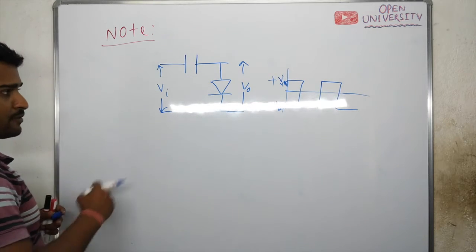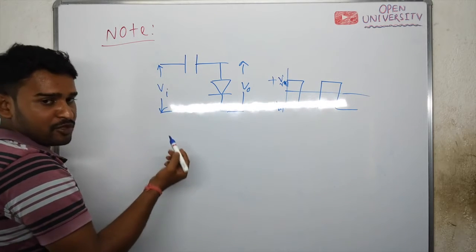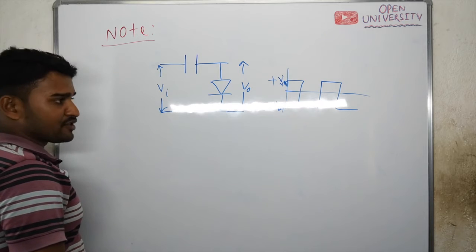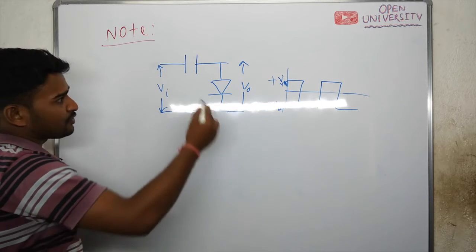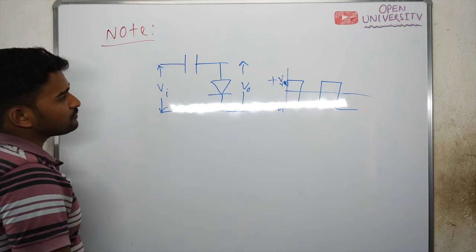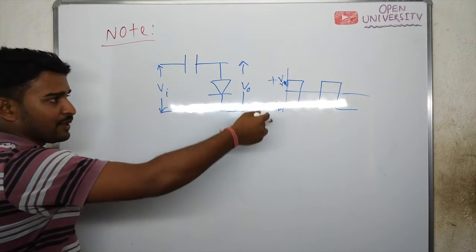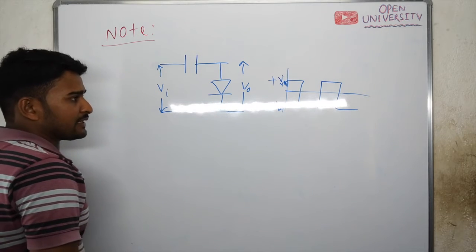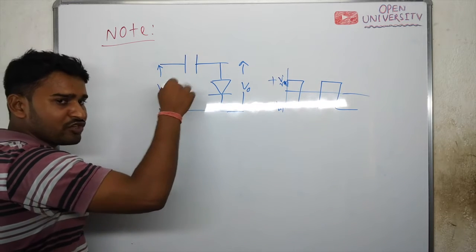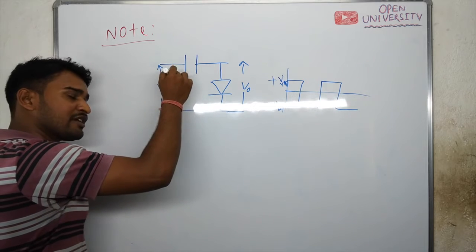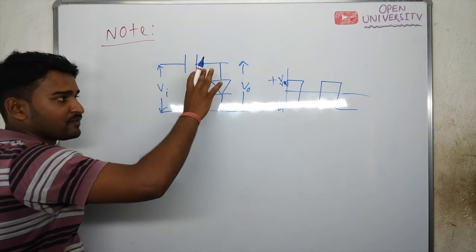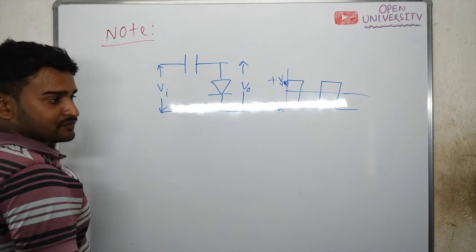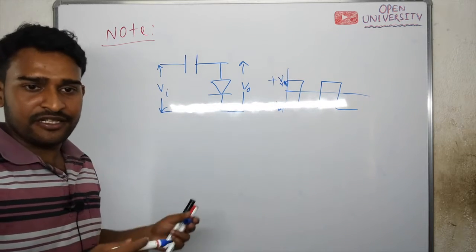Suppose you initially apply a plus or minus 5 volt square wave signal, with plus Vm as 5 volt and minus Vm as minus 5 volt. Now the capacitor can charge up to 5 volt. If next time you apply a square wave signal with maximum value plus 3 volt and minimum value minus 3 volt, then the capacitor voltage will not change. It will remain at 5 volt, the earlier voltage. So the circuit will not respond to decrease in input voltage. This is the disadvantage.